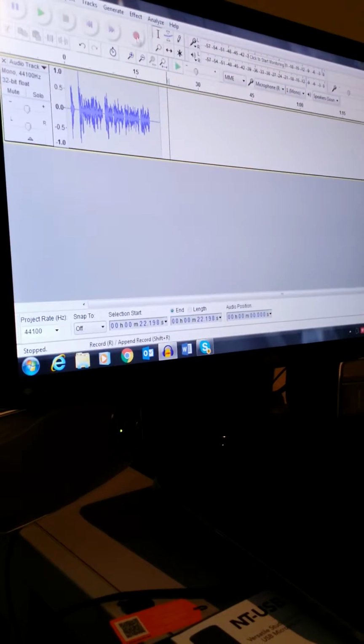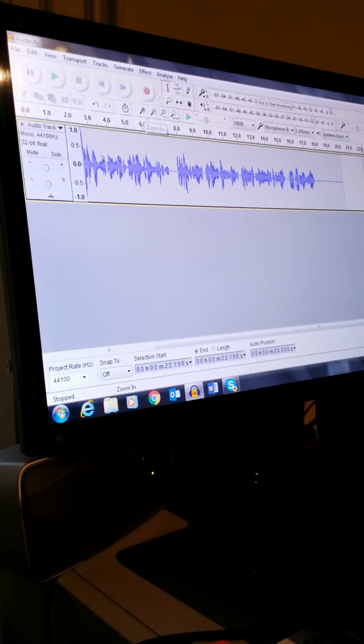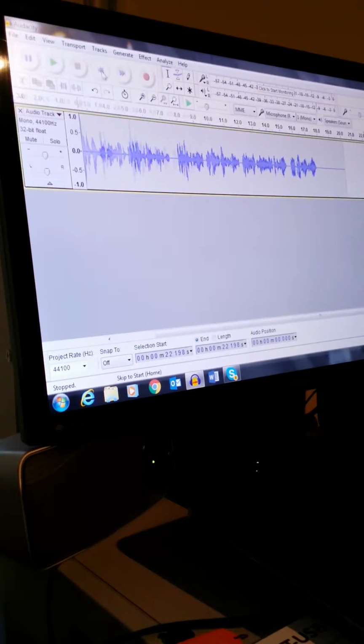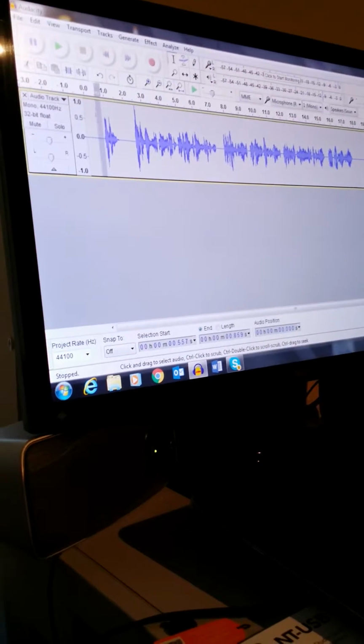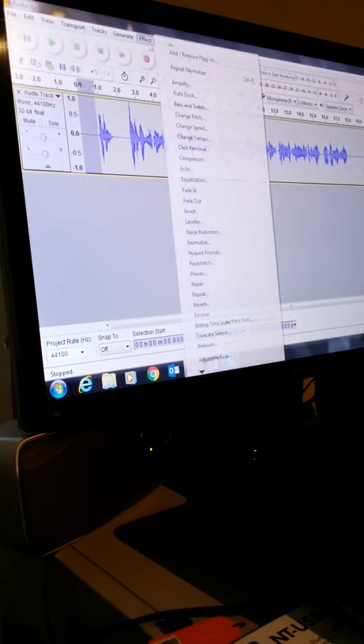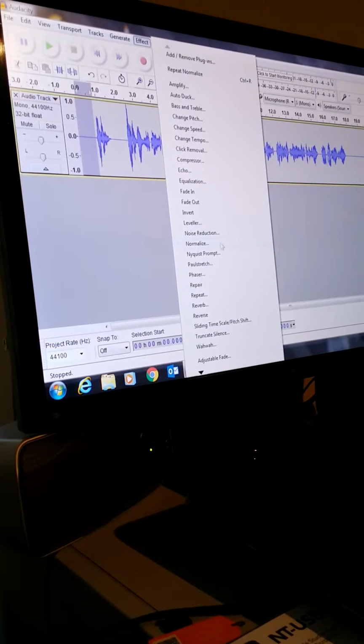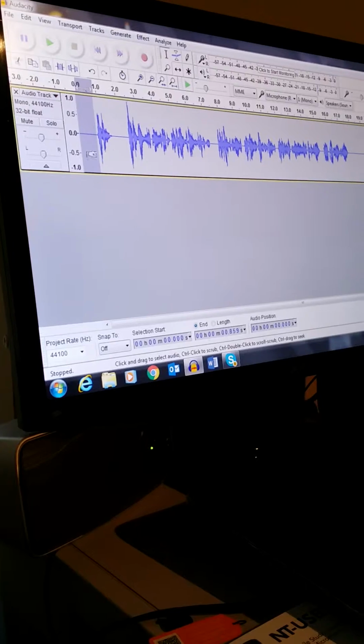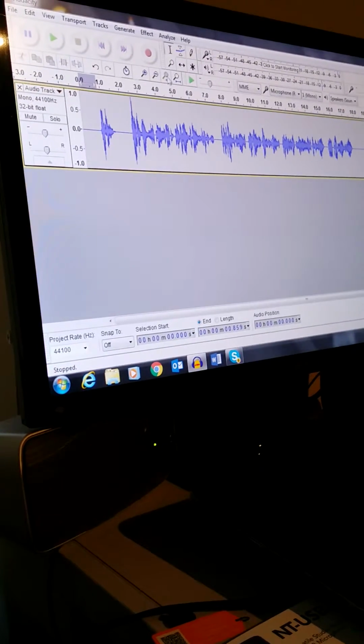There we go. So it's made the louder bits as loud as they can go without clipping, and it's made the quieter bits louder. Now, of course, what that process does is make the room noise louder again. So just to make sure that there is no extra room noise added by the normalization process, we're going to repeat the noise reduction process. So we highlight the first second again, back to Effect, we go to Noise Reduction, get the noise profile now that that's been normalized. We then shrink the track again,